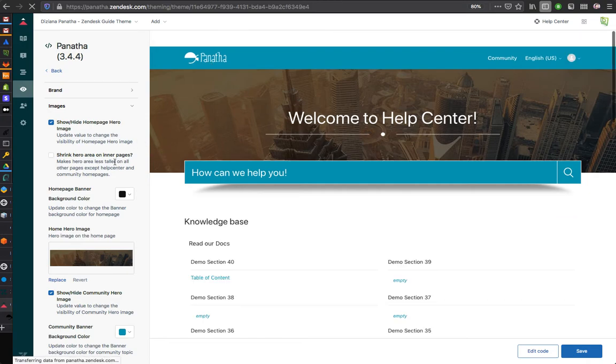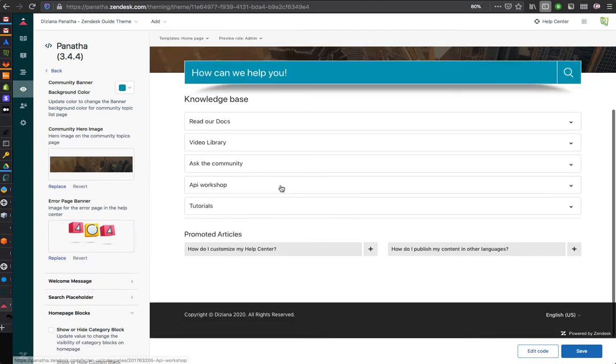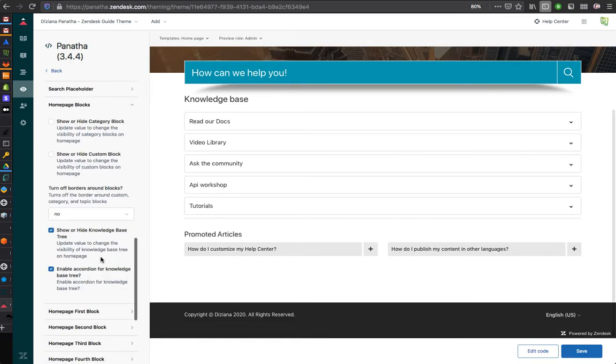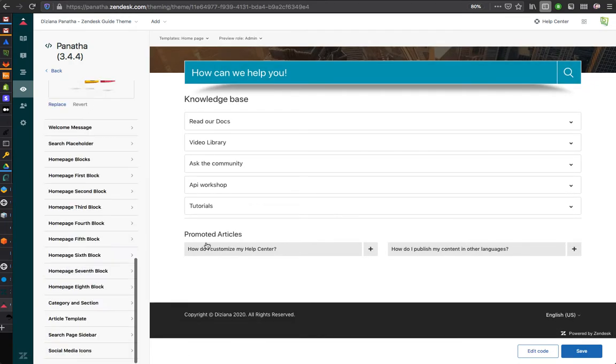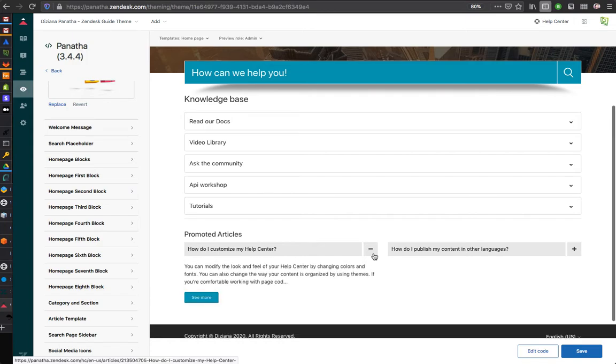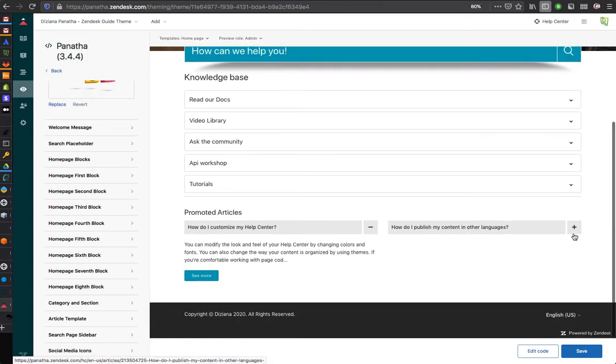We'll go back to the home page. Then there's another component, as you can see over here, it says promoted articles. Basically you can promote any article. There is a setting when you are editing or creating an article in Zendesk Guide, on the sidebar in the article settings, where you can promote any article. Basically you can make an article appear at the top of the section or the category.